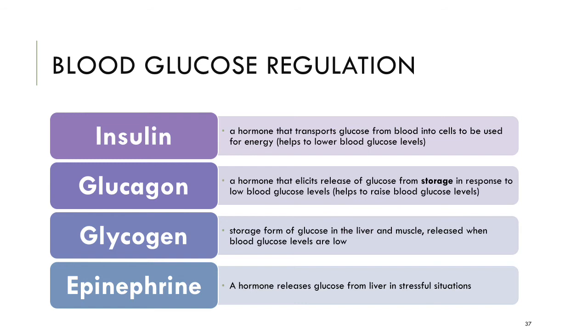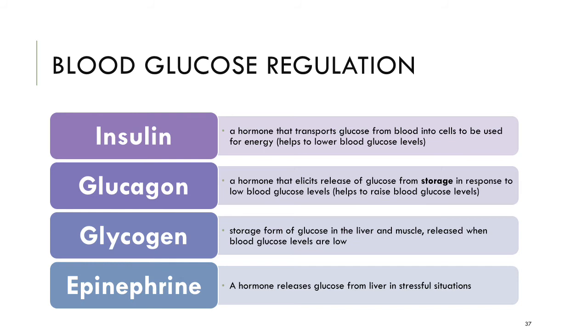The first one on the slide is insulin. What is insulin? Insulin is a hormone that transports glucose from the blood into cells to be used for energy. So insulin controls the transportation of glucose from the blood into the cells, and after the glucose goes into the cell, it will be used by the cell's mechanisms to derive chemical energy,